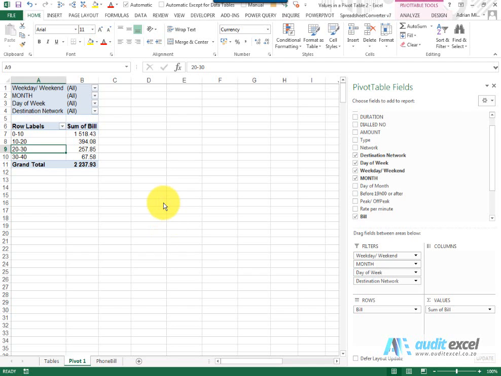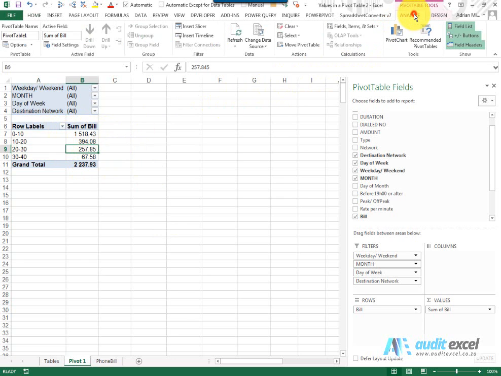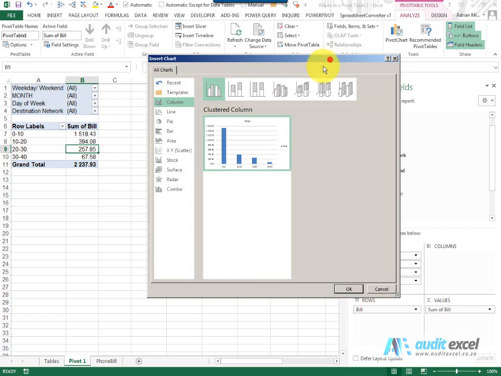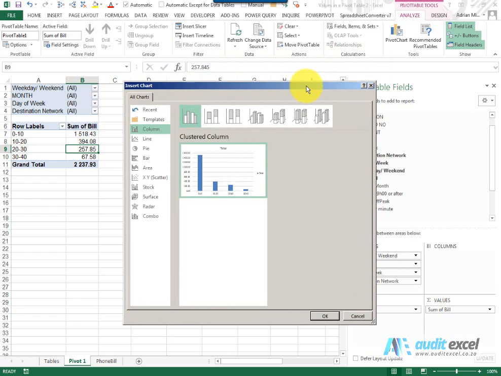Pivot tables are very useful, but it's also important to realize that you can take this information and graphically represent it with a pivot chart. Now, pivot charts are very easy. If I'm clicked on my pivot table and I go to analyze, you'll see there's an option here called pivot chart. If I click it, it then shows me exactly what we would see if we did normal charting in